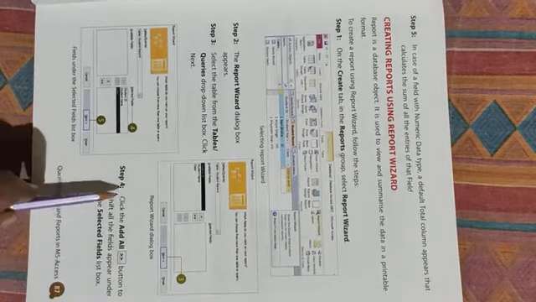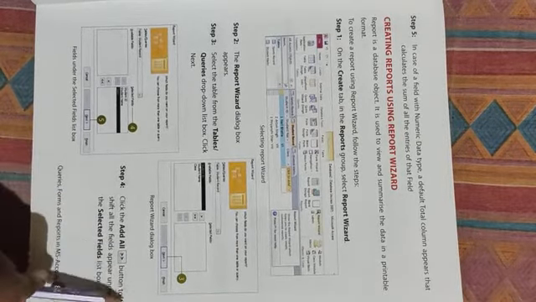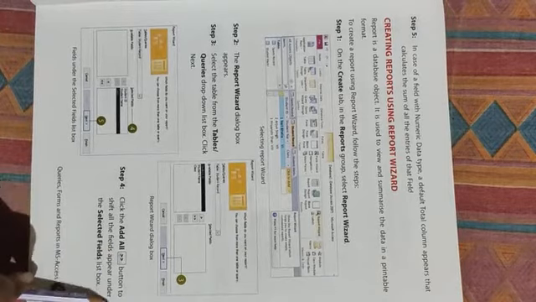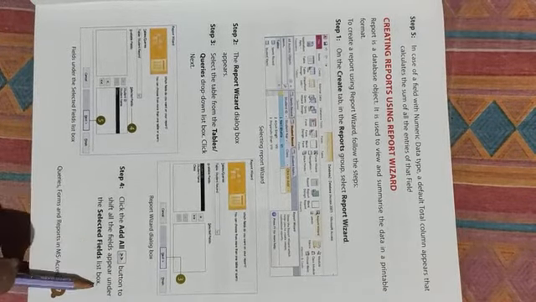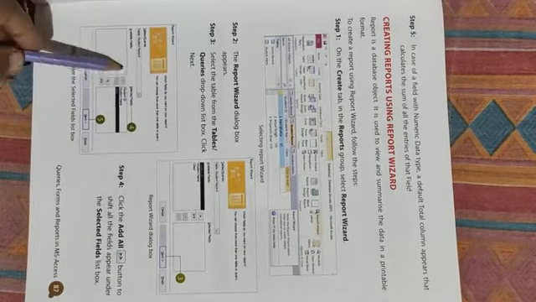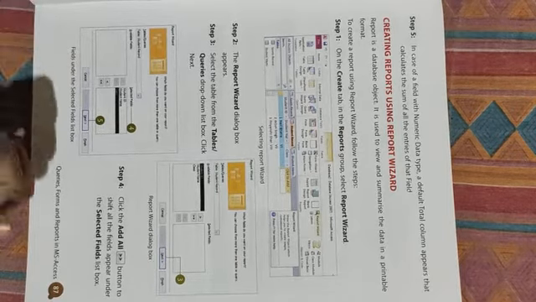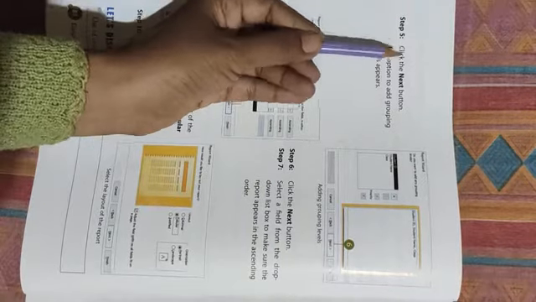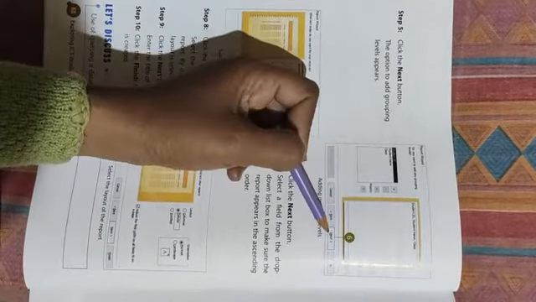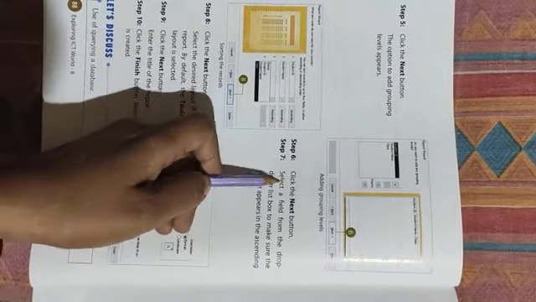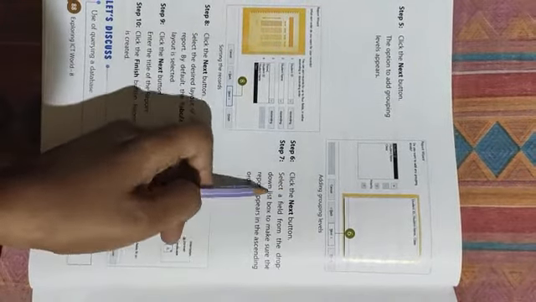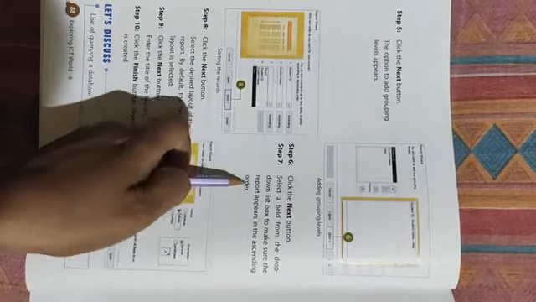Now step 4, click the add all button to shift all the fields under the selected fields list box. Whichever fields you want, you can click from here. Understood? Step 5, click the next button. The option to add grouping level appears. This is your next button. Now step 6, click the next button. Step 7, select a field from the drop down list box to make sure the report appears in ascending order.